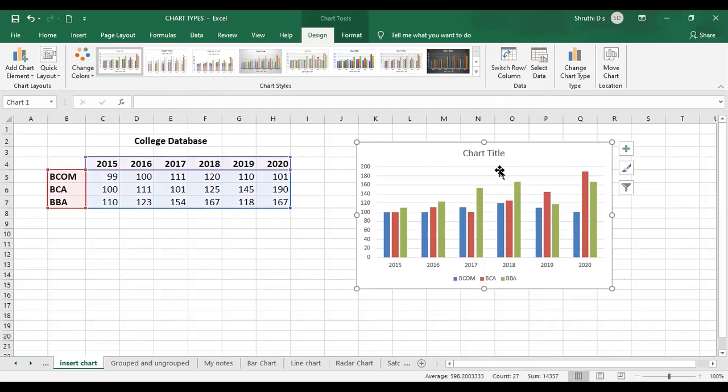So by default, you're going to get your data chart in the same sheet. Either you can go with this one, or if you press Alt F1, it is going to insert the chart into your sheet. Otherwise, if you want to insert it into a different sheet, you can go with the shortcut. Which one?